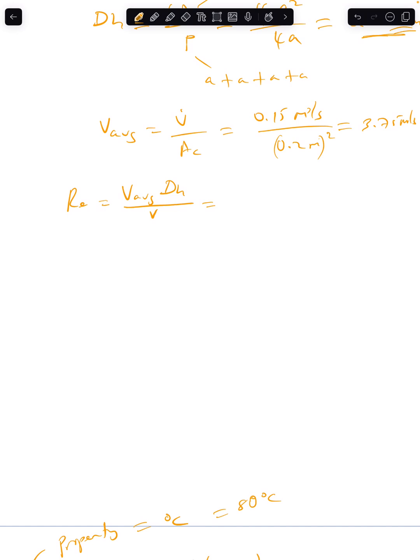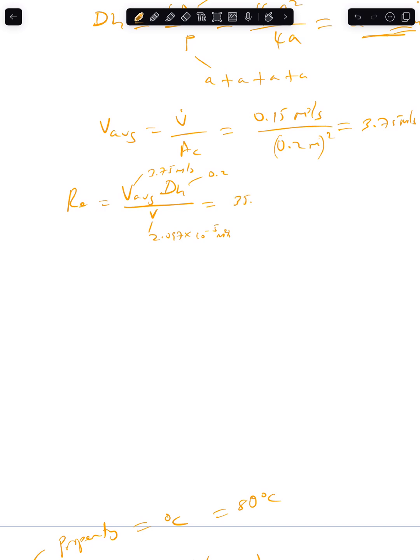And this value for this is equal to what? 2.097 times 10 to the power negative 5 meter square per second. And this value for the hydraulic mean diameter we know is 0.2, and this average velocity is equal to what? 3.75 meter per second. Therefore, the Reynolds number becomes